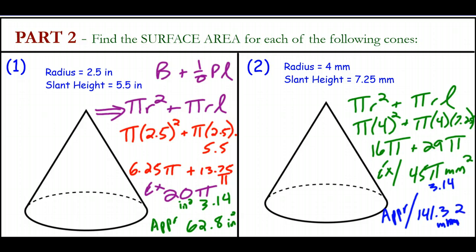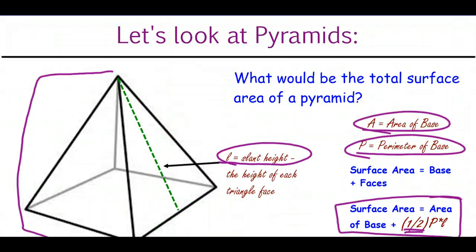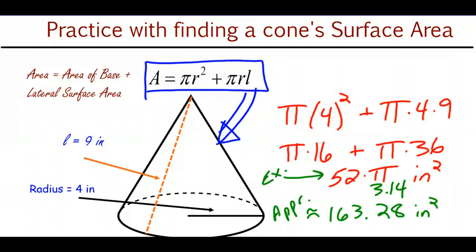So, to review, the surface area of a pyramid and a cone are related like they are to a prism and cylinder. The surface area of any pyramid is just the area of the base plus 1/2 the perimeter times the slant height, remembering the slant height is this distance and not the distance straight down. That is the true height of a pyramid. The slant height is along the lateral surfaces. And for any cone, the area of that cone is just pi r squared plus pi r